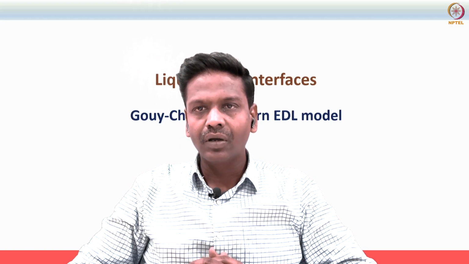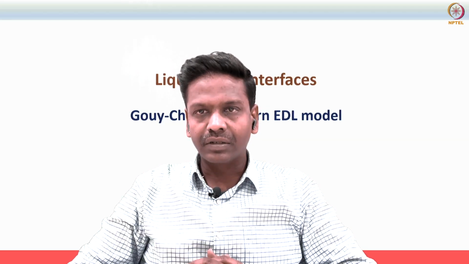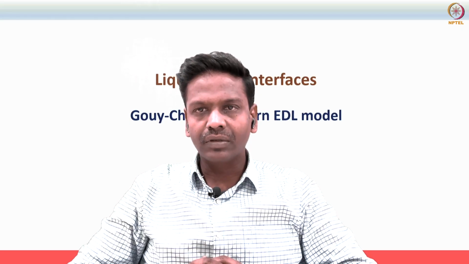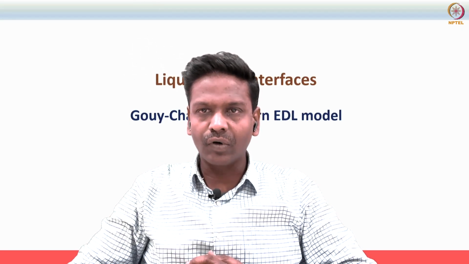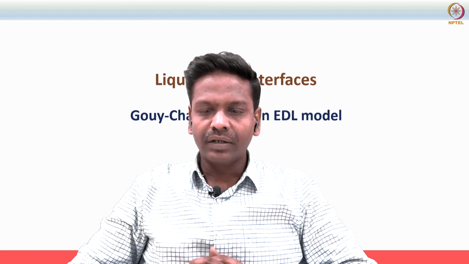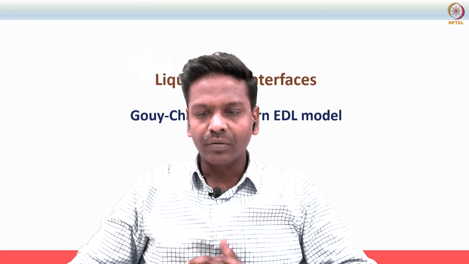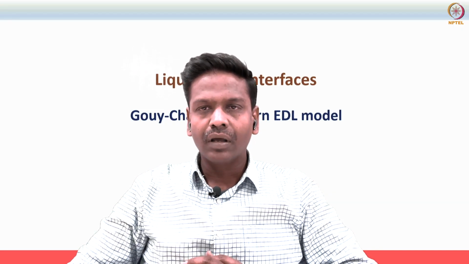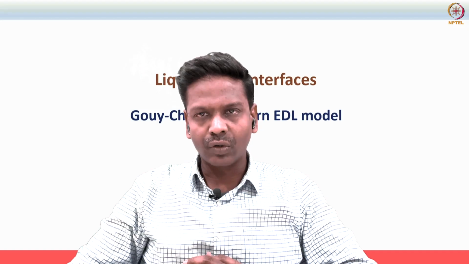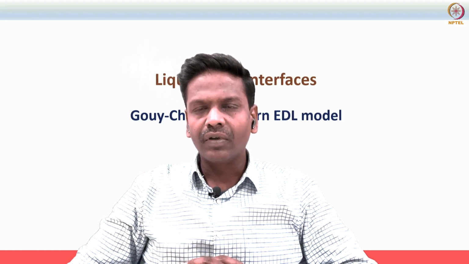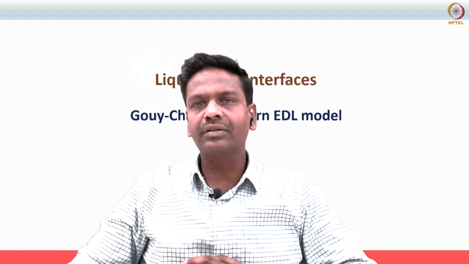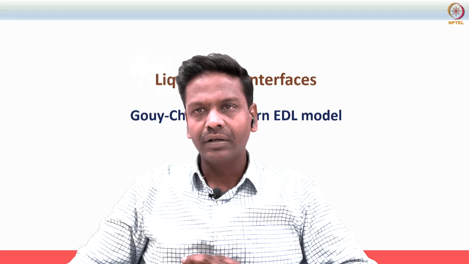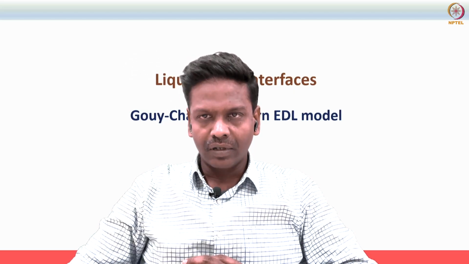In this video lecture, we will look at the Gouy-Chapman-Stern electrical double layer model. This model considers both the parallel plate as well as diffuse boundary layer assumptions. We can continue to use the Gouy-Chapman model by making a slight modification in the equation. Apart from this, we will also look at how to determine the Debye screening length for a given electrolyte strength and temperature. So let's begin.